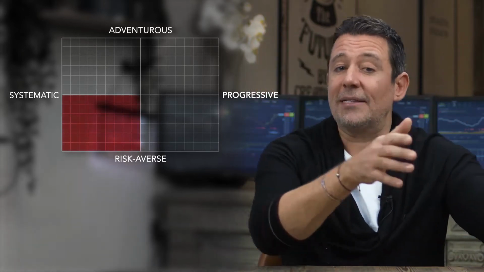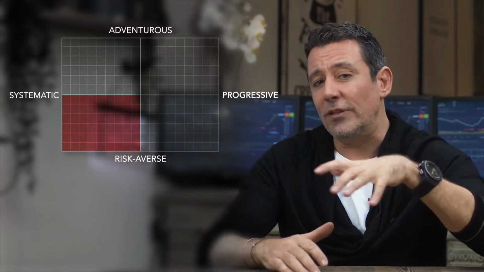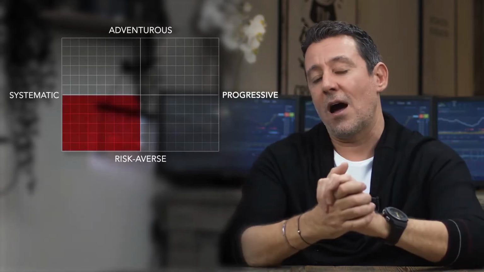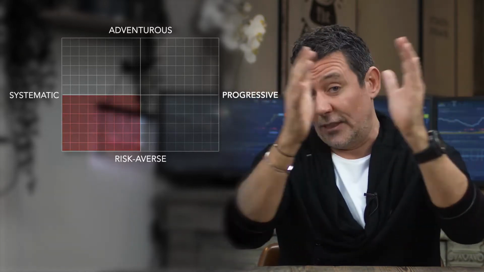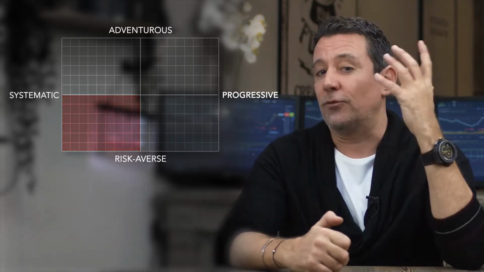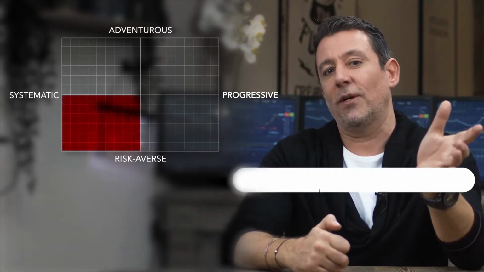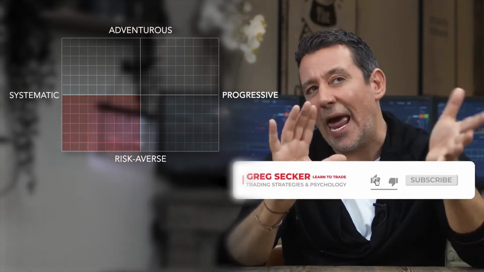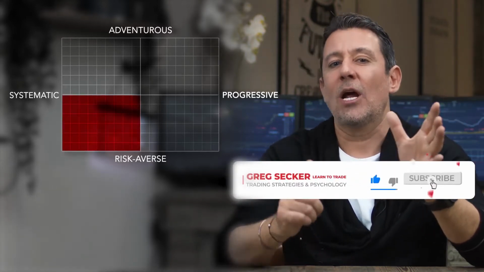Now, we did say systematic and we said risk averse. Let's now look at the risk averse element of that first archetype, which of course is systematic risk averse. That's one archetype. The pros of being risk averse should be quite obvious. It means risk management should come naturally to you, and you are a patient, realistic person when it comes